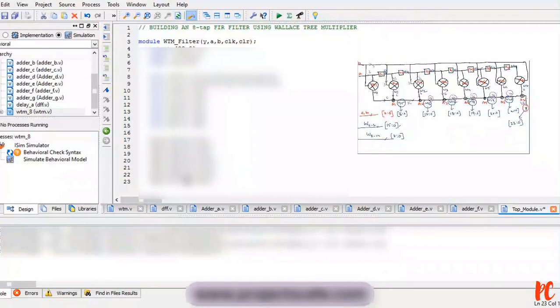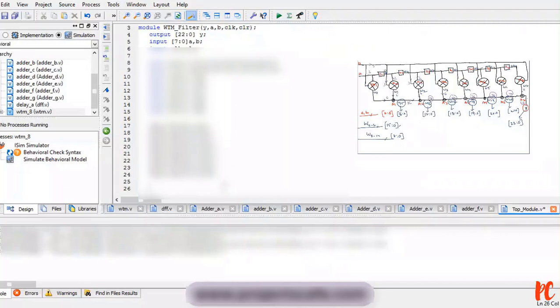M7, A followed by W13. Finally the last multiplier, which is nothing but M8 followed by W7, A and W14. Let me cross check it. M1, M2, M3, M4, M5, M6, M7, M8. So we are done with multipliers.